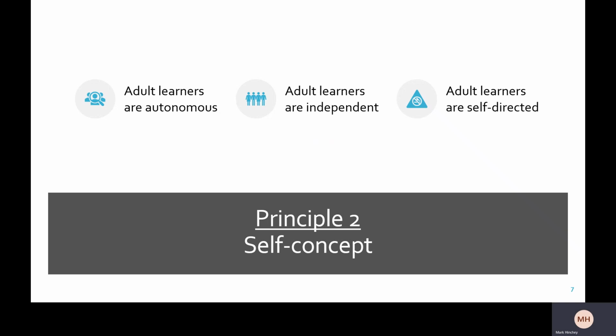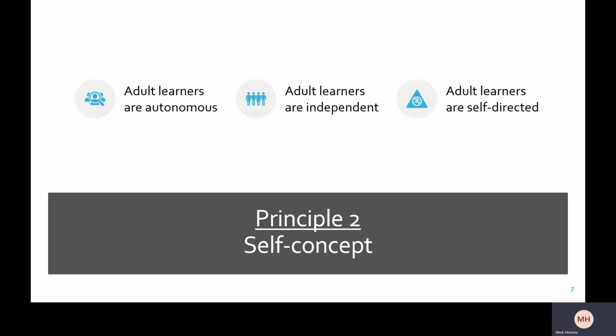Adult learners are self-directed. When you look at one of the early pages in your course guideline, it outlines very clearly what is the expectation on students. That expectation details teaching time, often for a 15 credit course, that is 150 hours in total. There'll be 64 hours dedicated to teaching, but 86 hours dedicated to self-directed learning.